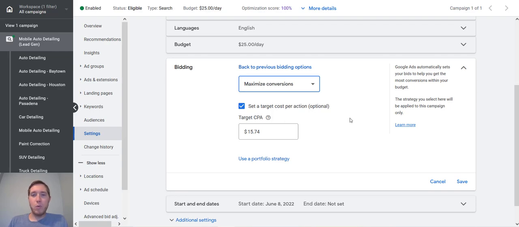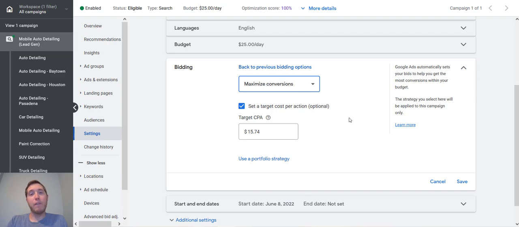And what's going to happen is, just like the maximize clicks bidding strategy, Google needs a little bit of time to actually learn and dial things in. So when you switch over to this bidding strategy, make sure not to make any massive changes. Don't keep switching the bidding strategy back and forth. Set it and let it run for 2 weeks. And then obviously keep doing little optimizations to the account, get rid of keywords that aren't converting, all that kind of stuff. But when you do this, this is part of how you get those